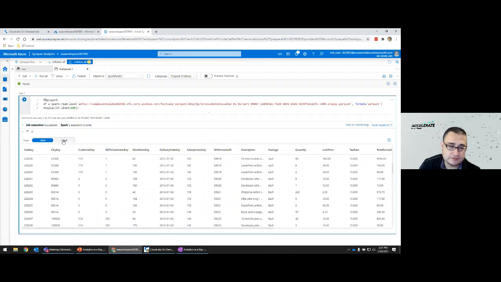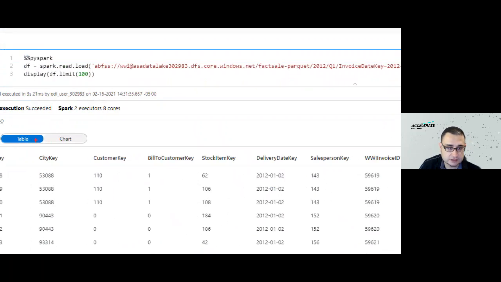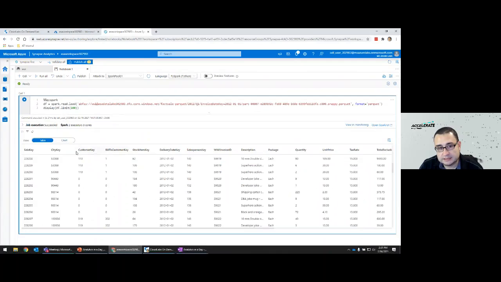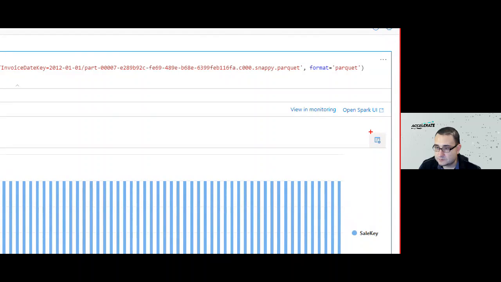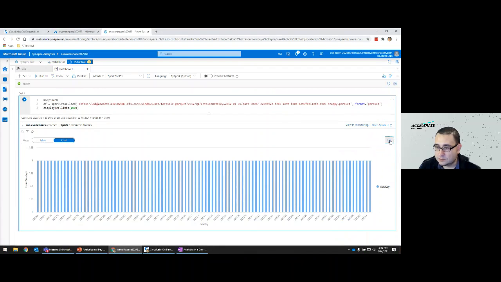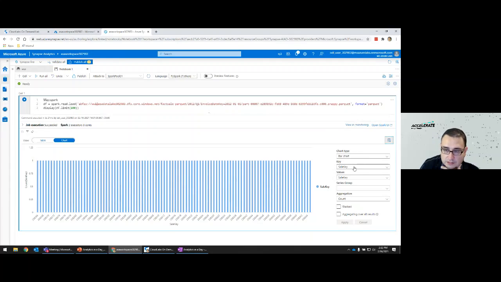But we can take advantage of some of the built-in visualization options. So you can see that we have the option here to see the data as a table or see the data as a chart. So I'm going to click chart, and it's going to try to visualize the data, take a best guess of where to put the axis columns, value columns. So it doesn't do a good job in this case. So what we're going to do is click this view options icon right here on the top, and we can see where it has placed our columns.